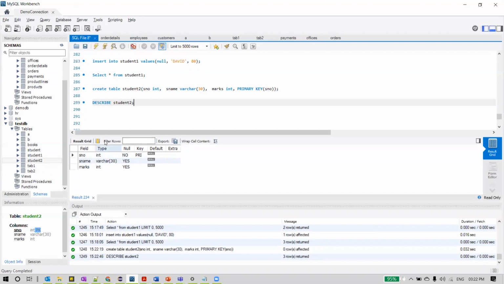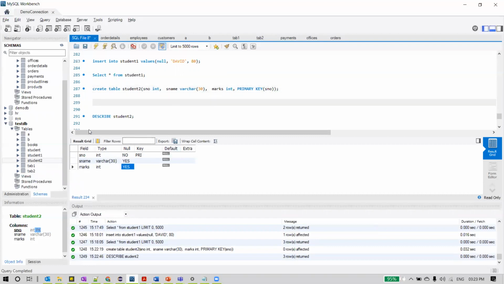When we describe this table, we can see the structure of this table. It has three fields. S number is of integer type, null: no. We didn't have a not null constraint, but it is saying no because we defined primary key, which is the combination of unique and not null. And you can see the other columns as well. These can accept null values, is what it is saying.